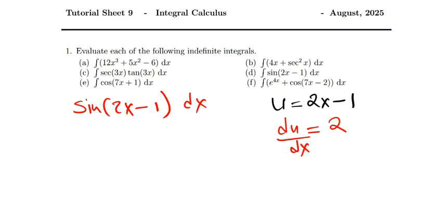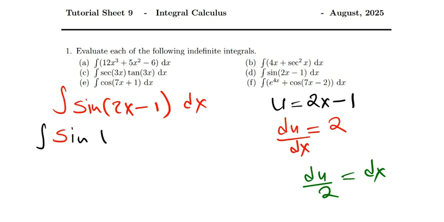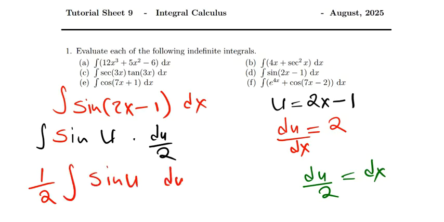You want to make your dx the subject of the formula, it becomes du over 2 is equal to dx, right? I don't have to teach you all, that's basic mathematics there. You're just making dx the subject of the formula. So as you integrate that, you now have sine, what's in the brackets has become u, dx is du over 2. You can pull out again the fraction, 1 over 2, then integral of sine u du remains, which is now the basic